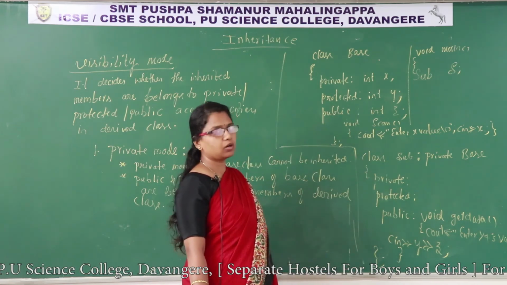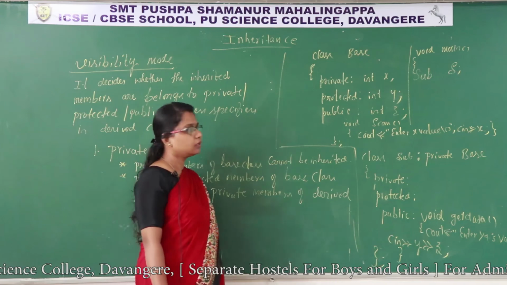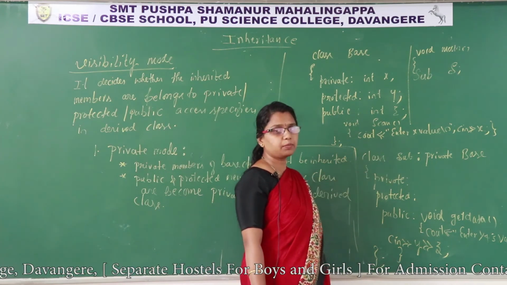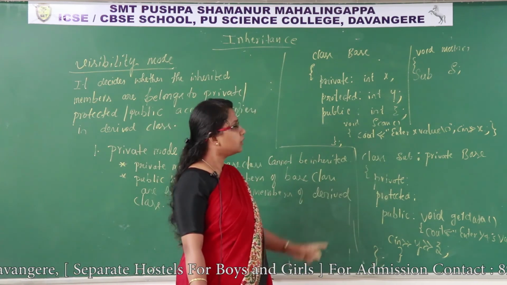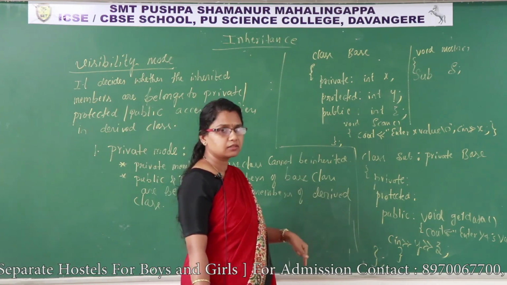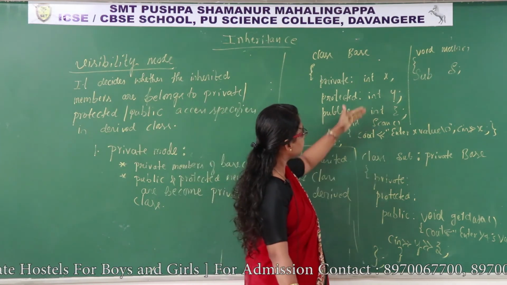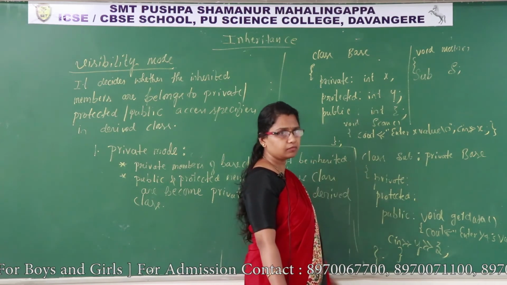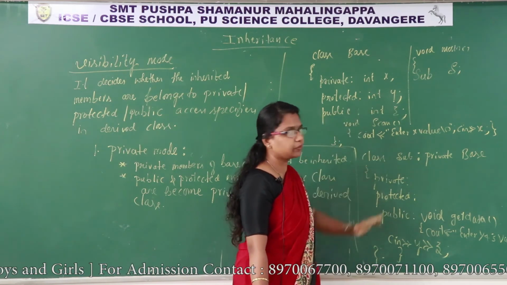So usually how do we call? Object and dot operator. In this example, we have created an object for the derived class. I have created an object for the class Sub. If I use s dot scan, does it work properly? Now inheritance has happened: y, z and scan, all three are inherited to the derived class. These three are inherited to the derived class.